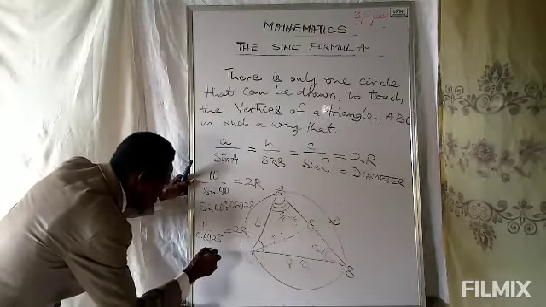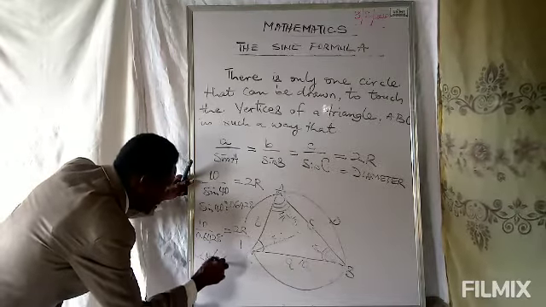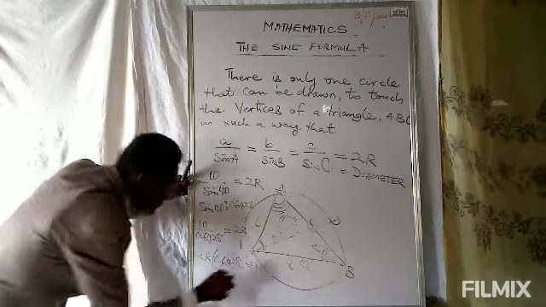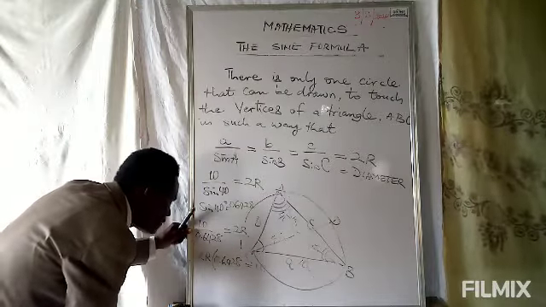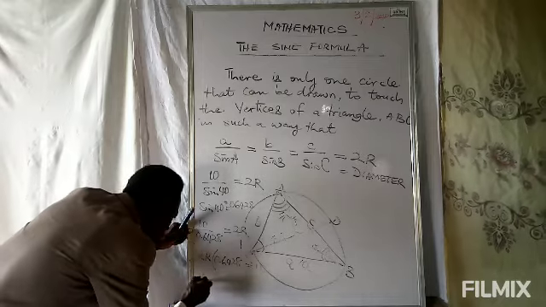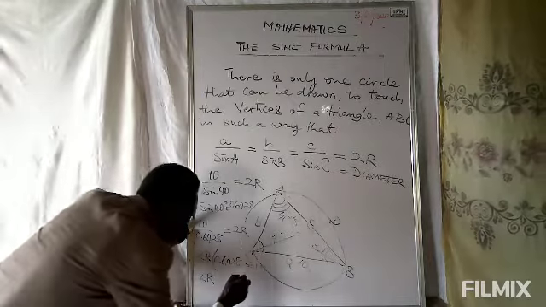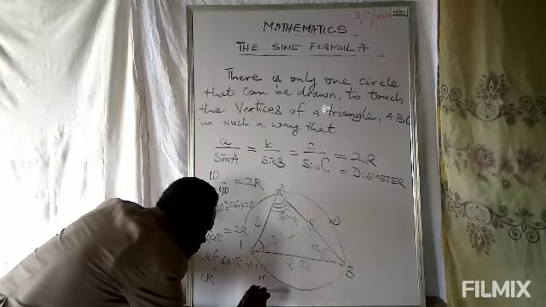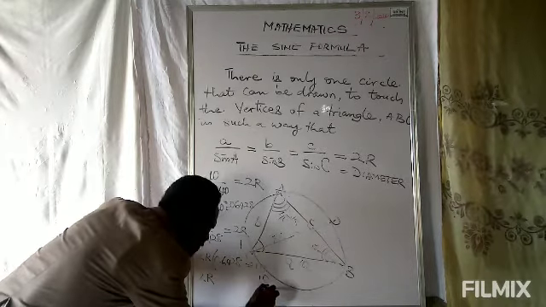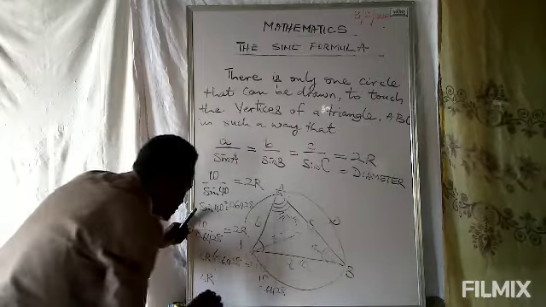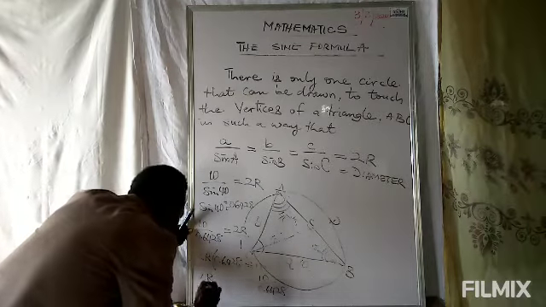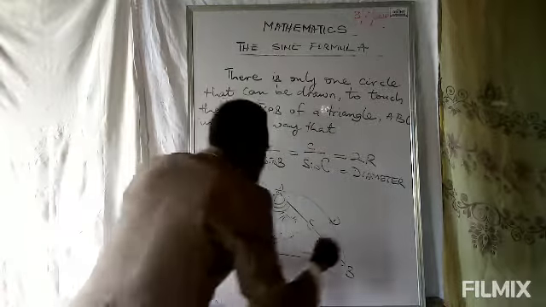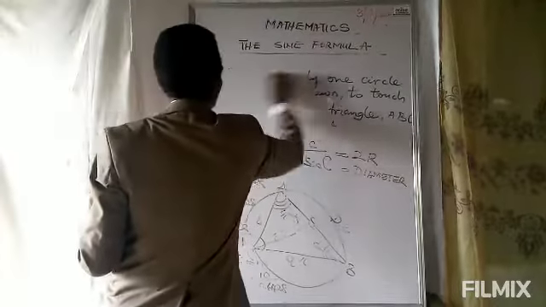2R times 0.6428 is equal to 10. Therefore, 2R is equal to 10 all over 0.6428. Therefore, R becomes